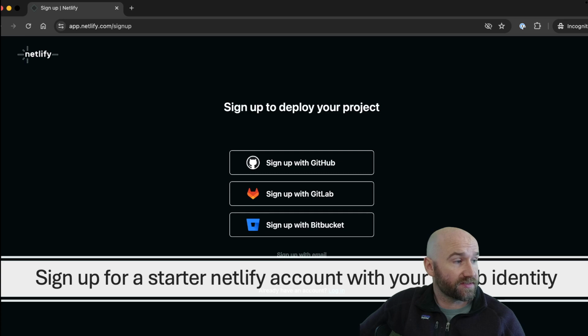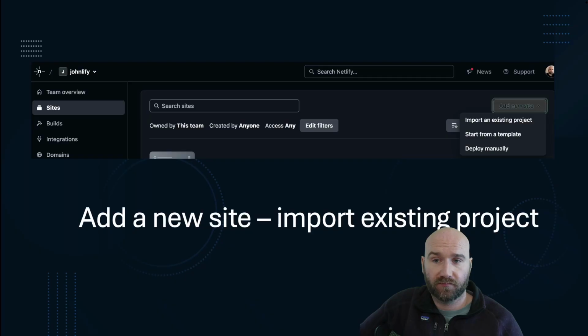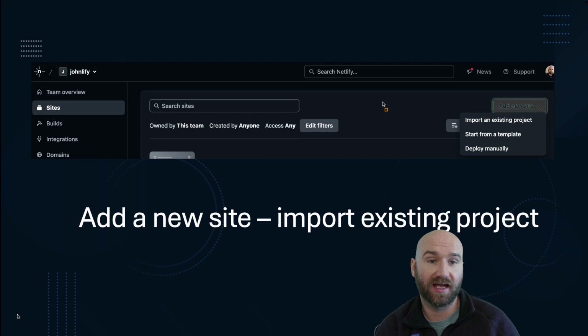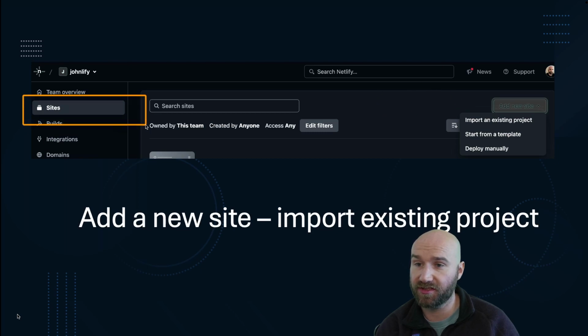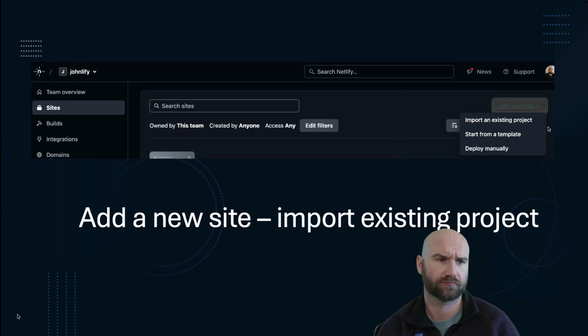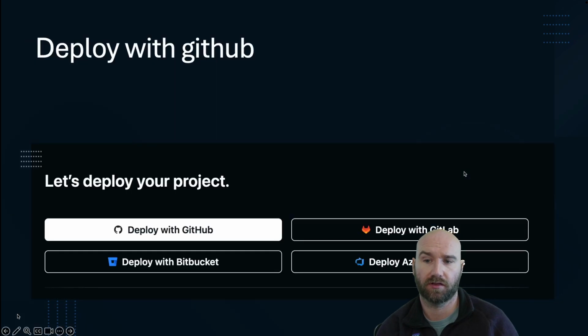So next thing is sign up for a starter Netlify account with your GitHub identity. And then once you do that, you want to add a new site. So you go to sites, add a new site, and then import an existing project. So we can pick deploy with GitHub,